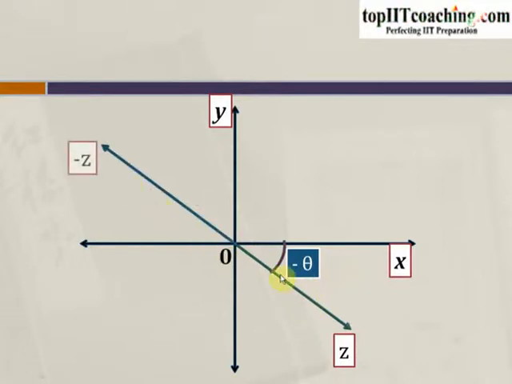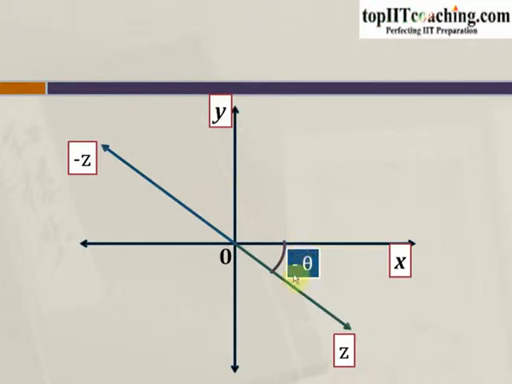Now minus z would be the reflection of z about the origin. So this becomes minus z. Thus this complex number is minus z. Also we see that these two complex numbers lie in a straight line. Therefore this would be a straight line, and we know that the angle formed by a straight line is equal to 180 degrees or is equal to pi. Therefore this entire angle would be equal to pi.